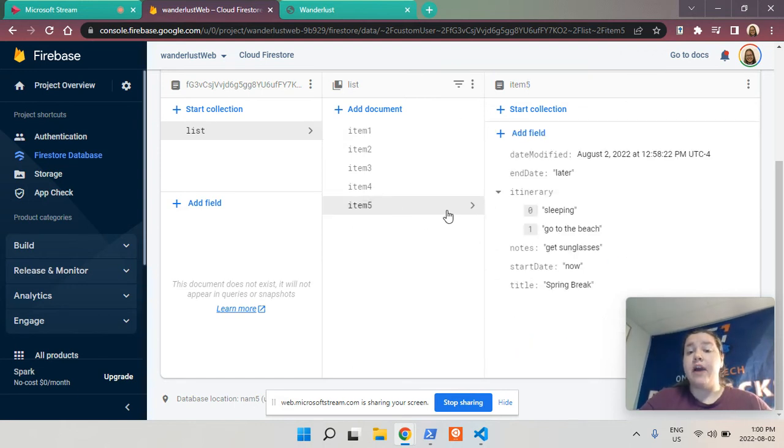So if we go to item 5, that should be the trip that we just added. So end date is later, start date is now, the title is spring break, the notes say get sunglasses, and here's the itinerary in the array. So